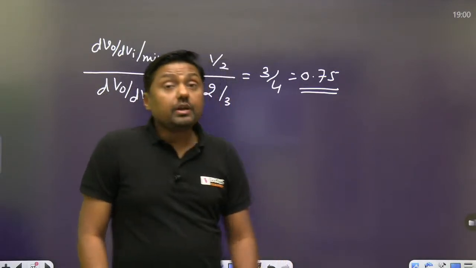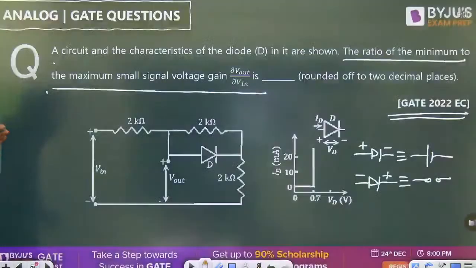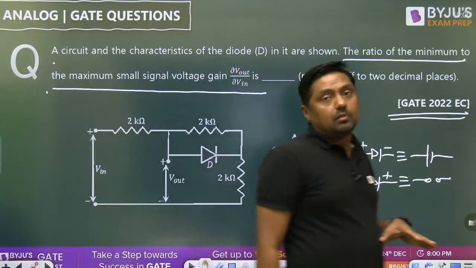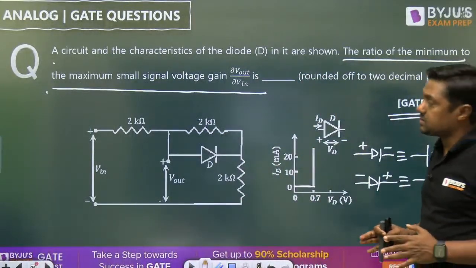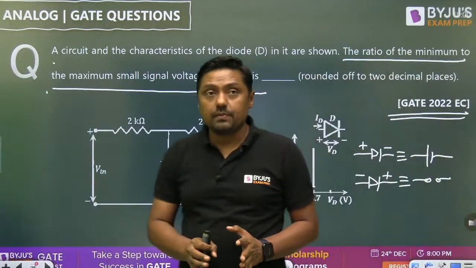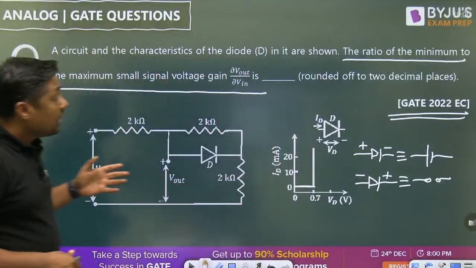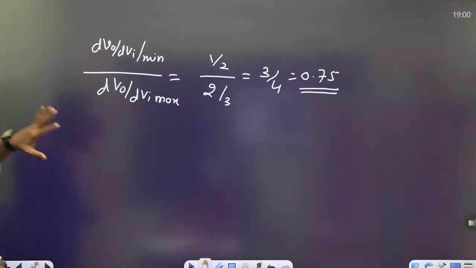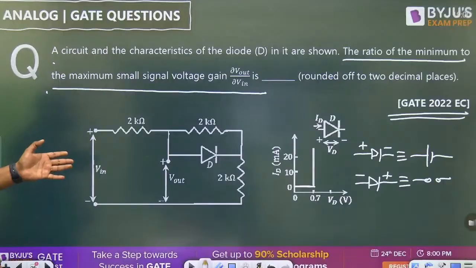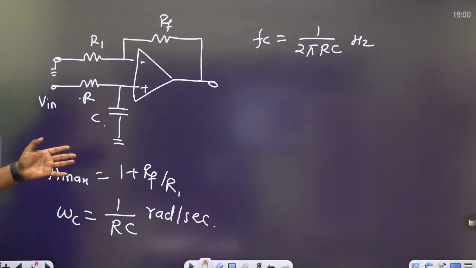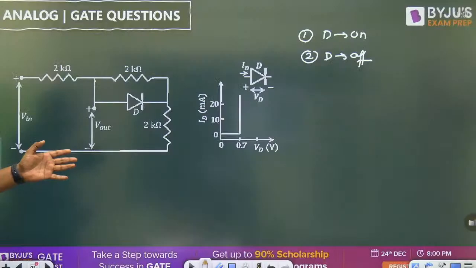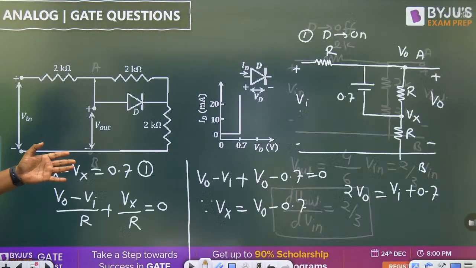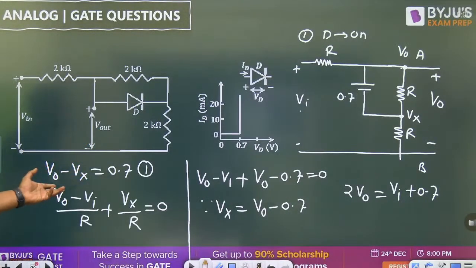Okay. So, in the exam hall, you have to use the scribble pad effectively, draw a neat and clean diagram, and try to avoid silly mistakes. You have to maintain what? Accuracy. So that is the case. At the same time, we are applying what? Supernodal analysis. You can apply any other method to find the voltage at this point. Or you can find the relation between V out and V in. I am using the supernodal here. You can apply any other method,